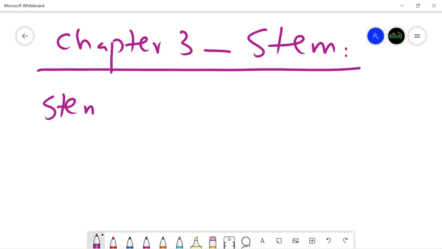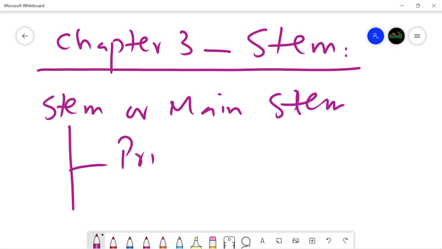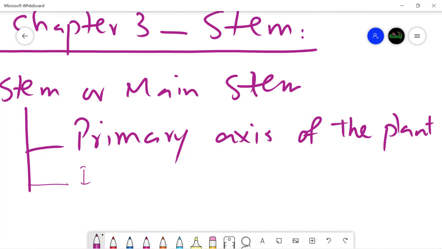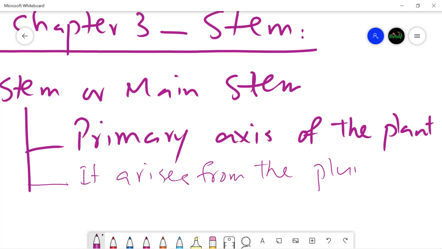Stem, or main stem, is the primary axis of the plant, and it arises from the plumule, just like radicle forms the first root. Similarly, plumule of the seed forms the first primary axis above ground, and that is the stem or main